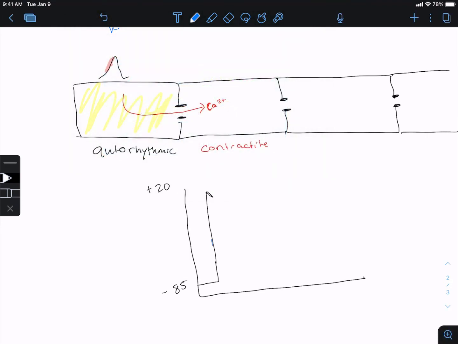And once again, those channels are going to open kind of down here, but remember they open very slowly, so we're not going to reach the maximum opening of the voltage-gated potassium channels until the peak. And the cell is going to start to repolarize. But